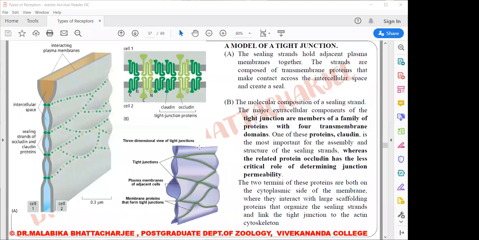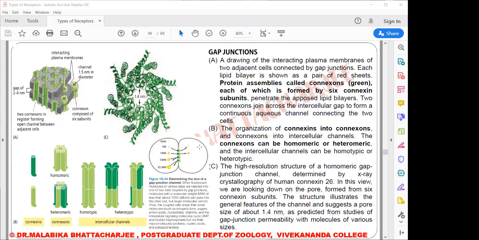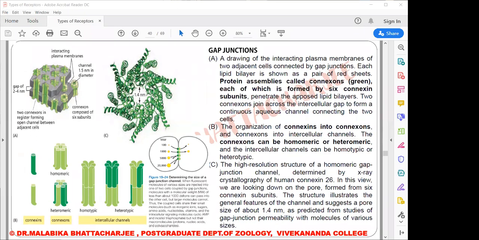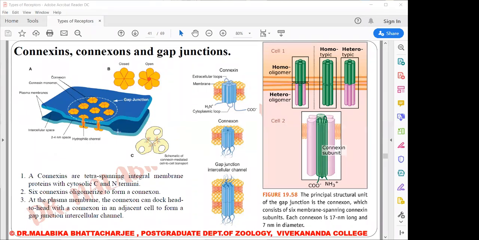So now let's get into the details of the structure. So these are gap junctions. Now, as you can see from the structure, the gap junction appears as a plaque-like contact in which the plasma membranes of adjacent cells are involved. This is one plasma membrane, this is the other plasma membrane. So the plasma membranes of adjacent cells are in close opposition. They're very close to each other, separated by a space of only 2 to 4 nanometer.